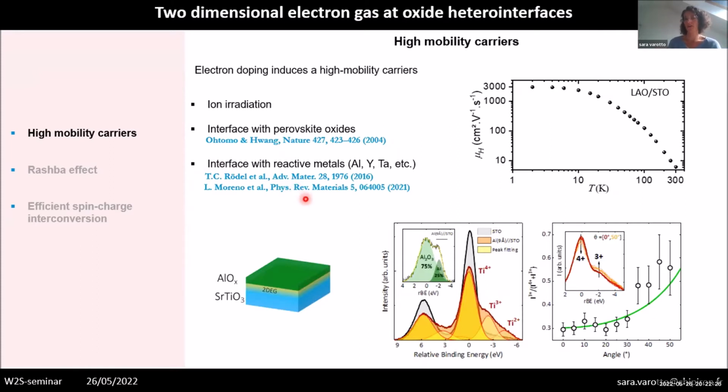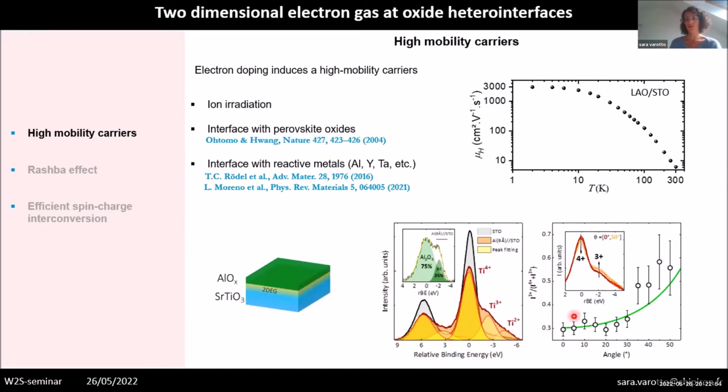And nowadays, we are using this as a routine: that is to make an interface between the STO, for instance, together with a reactive metal, for instance, aluminum, yttrium, or tantalum. This metal will oxidize by reducing the titanium, for instance, in the perovskite,